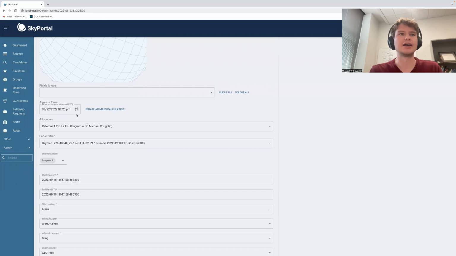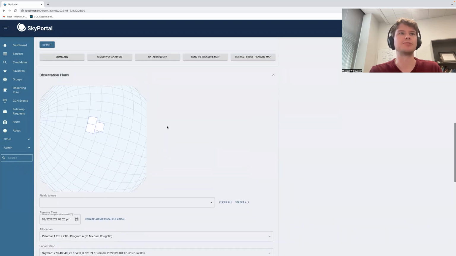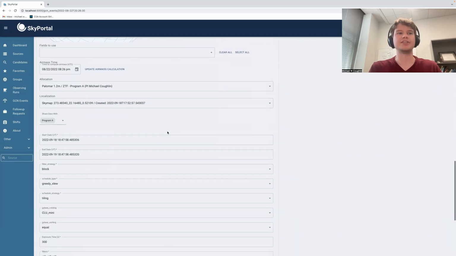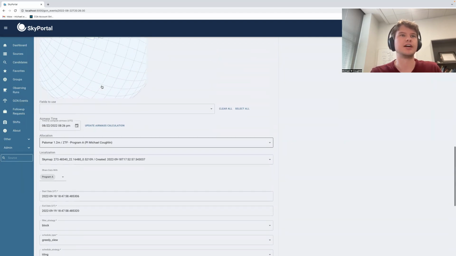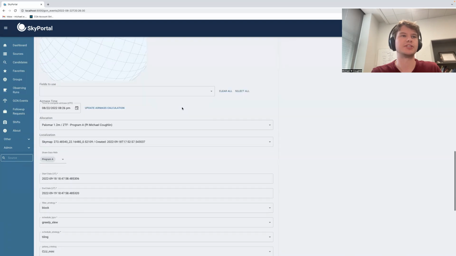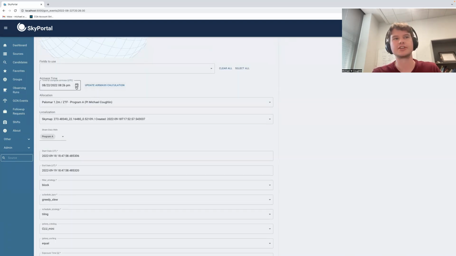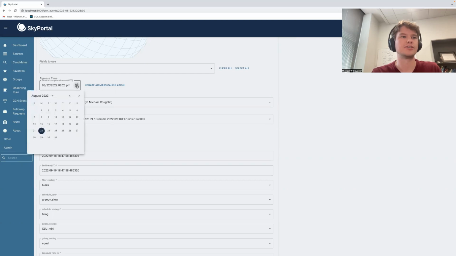Now, when it comes to making an observation plan, you have a wide variety of parameters available to you to make your plan. For example, this panel shows which fields are currently visible depending on their air mass, and you can specify different times in UTC that this corresponds to. And so you can update this time for